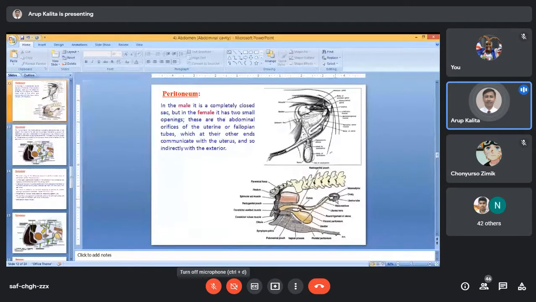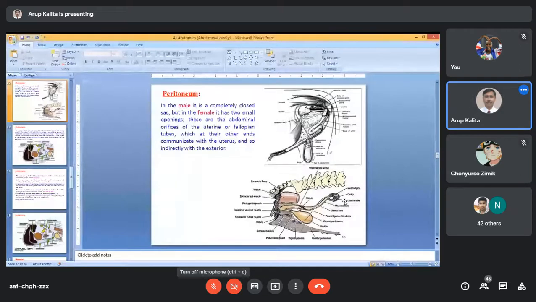Inside this fallopian tube there is a hole. The fallopian tube is connected to the uterine horn. The uterine horn is connected to the body of the uterus and the cervix. The cervix is connected to the vagina. The vagina is connected to the vulva, and there is an external opening. So ultimately there is an opening in the abdominal cavity. Understood or not?